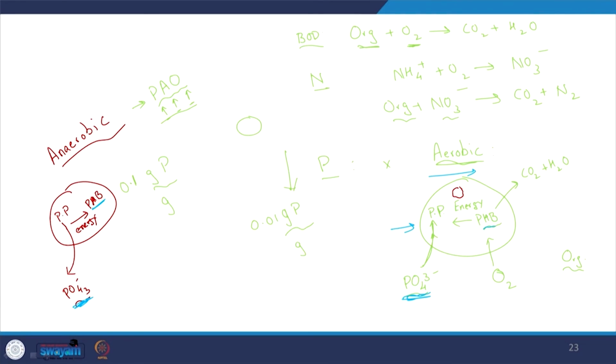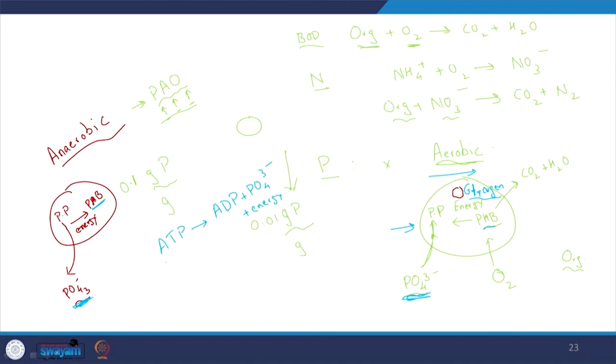So, let us look at one other aspect. Some other mechanisms also say that there is a middle path where glycogen is stored. Glycogen will be stored in the aerobic conditions, such that it can be used during the anaerobic conditions, so that energy is also given out. Again, that is an intermediary, so we do not need to go into that right now. So, here, with polyphosphates, we talked about adenosine triphosphate energy carriers. So, these are the reactions that can happen, ADP plus PO4 3 minus plus energy,